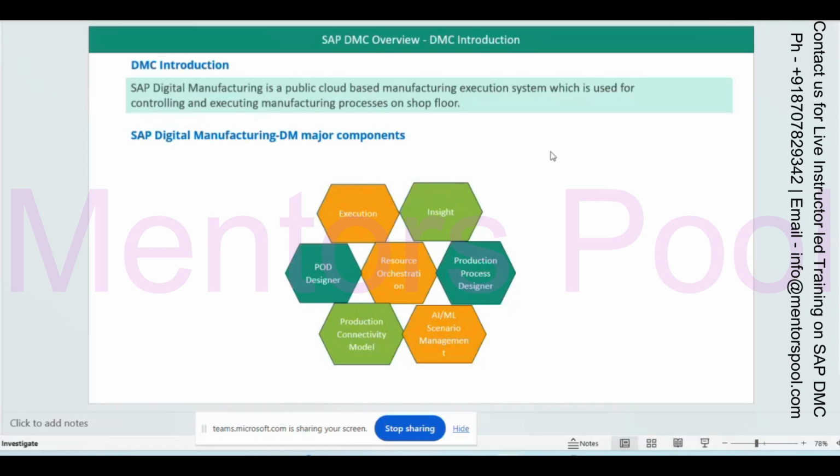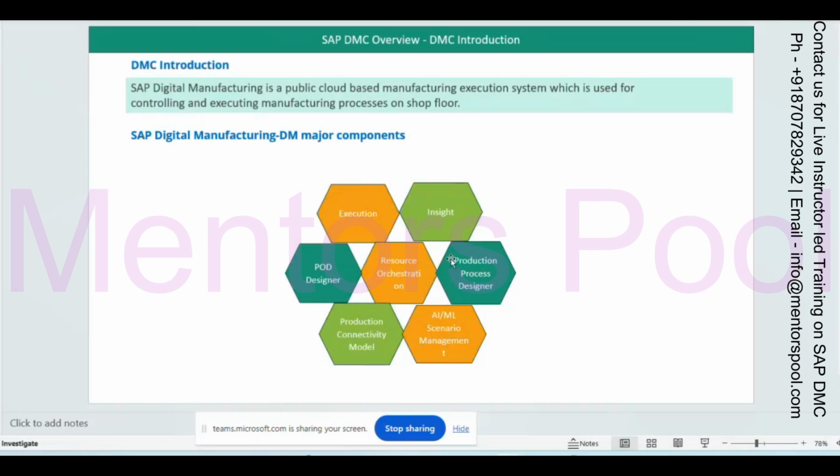MI is mainly used for integration and building the intelligence. Here they have also provided one component, the production process designer.